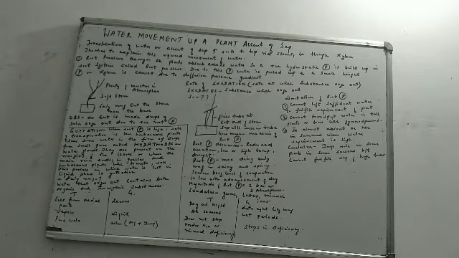Understand. First is reduced aeration. If the amount of air available to the roots is less, then what will you have? You will have reduced aeration. Second is low temperature or high temperature. Both of them are decreasing the root pressure. That means moderate temperature is best suited for root pressure. If the temperature is very high or very low, it is harmful for the root pressure. That means it will decrease the root pressure.